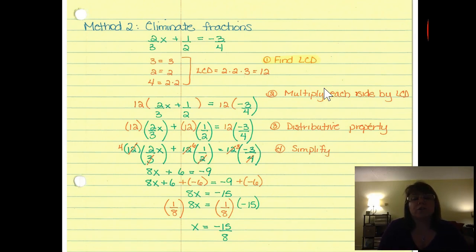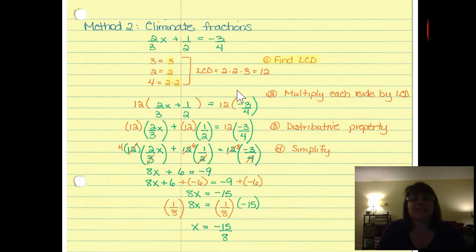So for 2/3 x plus 1/2 equals negative 3/4, my denominators are 3, 2, and 4. I'm just going to do the prime factorization of each. 3, the primes in 3 is just 3. 2 is just 2, and 4 is going to be 2 times 2. To find the LCD working with the primes, you just take all the primes